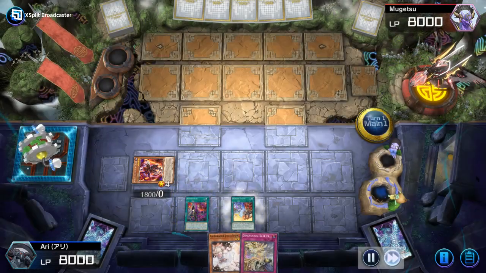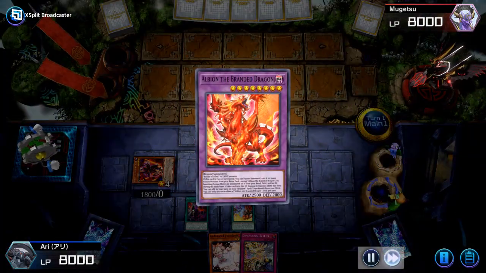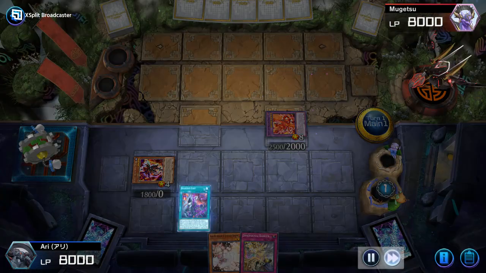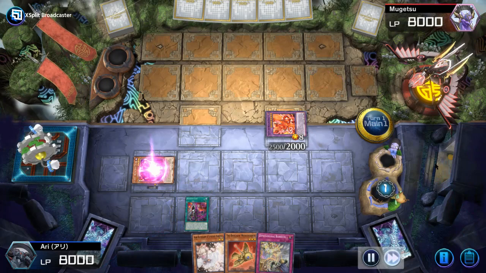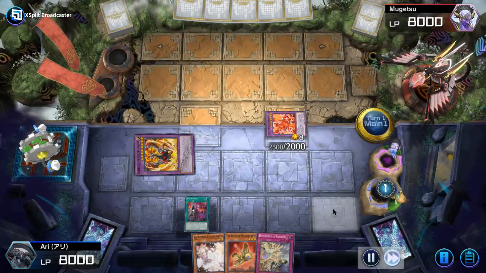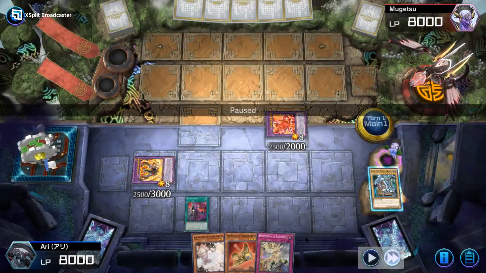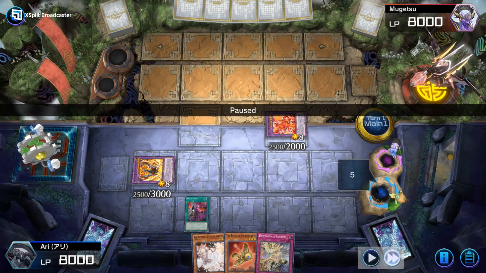Always love getting to use Branded Lost. Gonna summon Albion, trigger Albion, Stone of Legend, and Branded Lost. Gonna add the bird, and then fusion, make Lubellion, add the Blue-Eyes. So to explain this interaction real quick, the way it works, right, is Stone of Legend triggers Chainlink 1 and